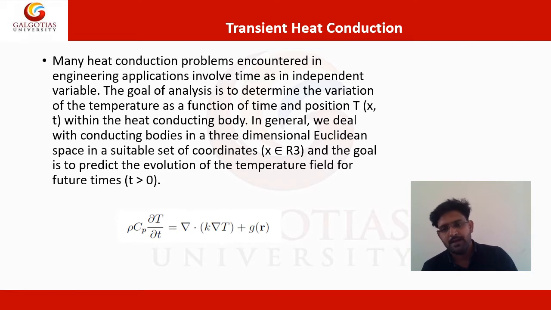If I am solving fluid dynamics problems, then the fluid pressure or the fluid velocity is a function of space and also a function of time. So in general, the properties are a function of space as well as time. When the properties change with respect to time, even at a particular point or a particular cross section, we call it a transient phenomenon. If I am in a heat problem related to conduction, where the mode is conduction, then I call this a transient heat conduction problem. So transient means variation of properties with respect to the space coordinate as well as the time.